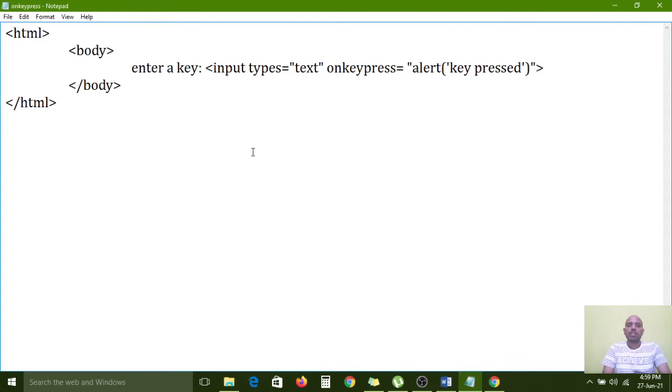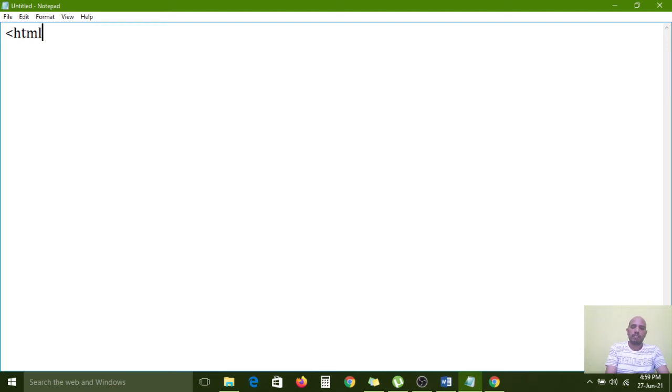If you press any lowercase letters in the text box, then immediately the onkeyup event's functionality is to convert them to uppercase letters. For that we need to write a function and assign it to the onkeyup event. So now I am developing one more code: HTML open and close, body section and also closing the body section.